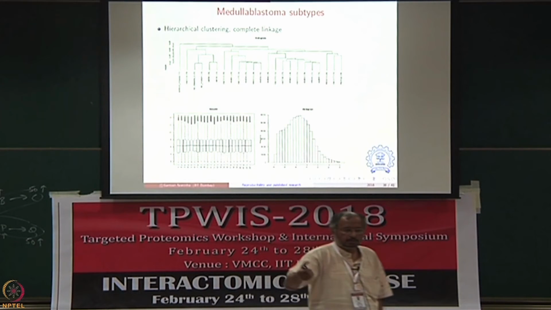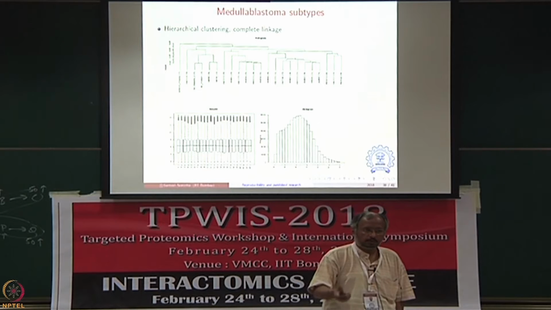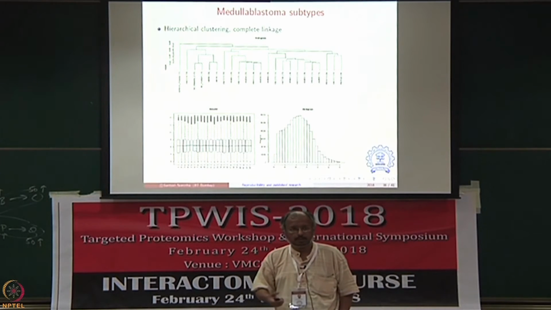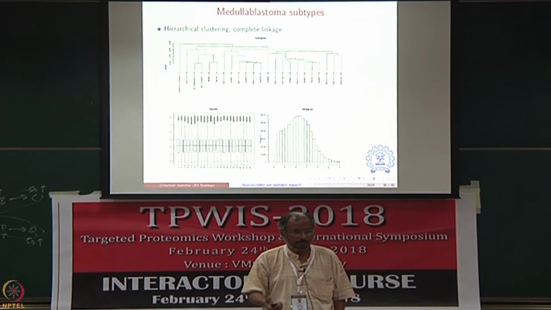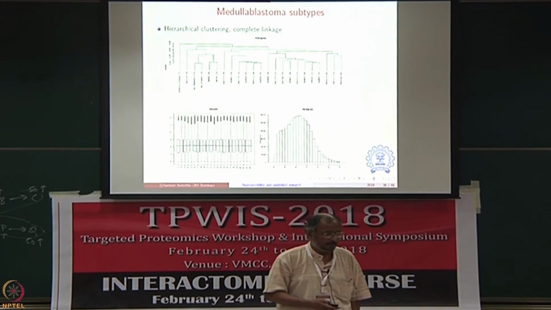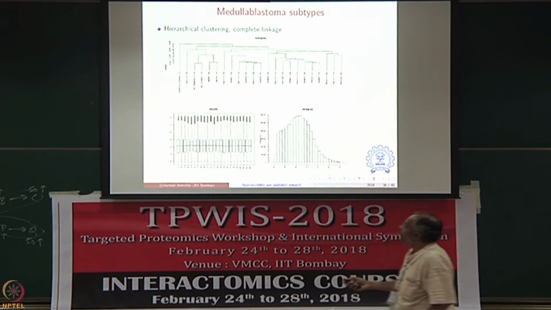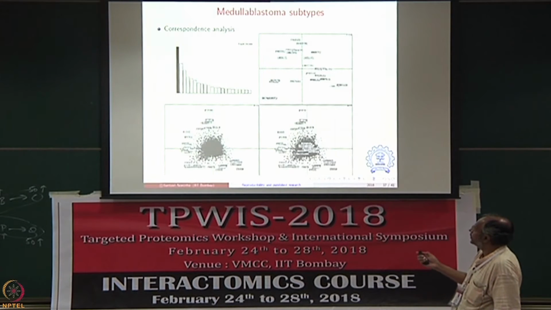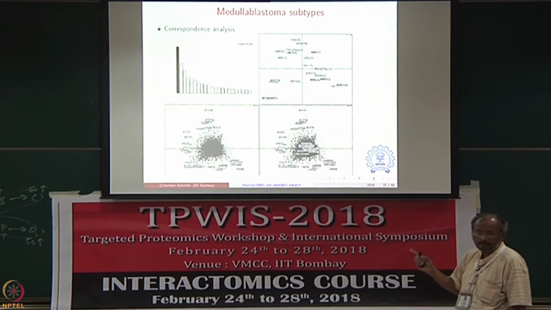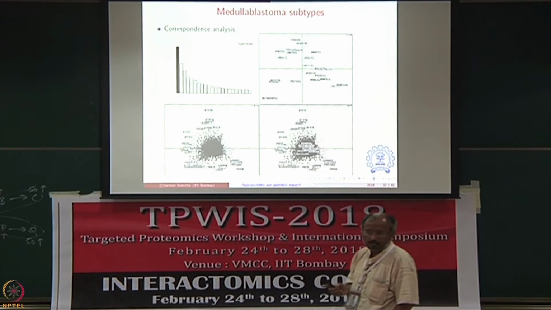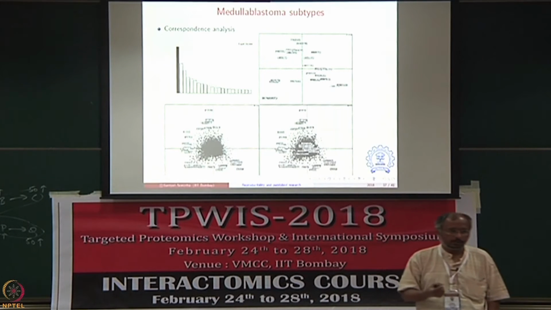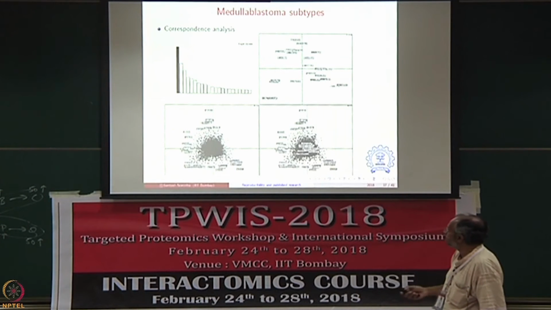And then later on you ask the question, what could be causing, or what is the signature for that subgroup? Which genes are signatures for each subgroup? But the question as to how many subgroups exist in the first place is itself an open question. Okay. So if I were to do hierarchical clustering, I'll find this kind of analysis. If I were to use something called correspondence analysis, that same data is plotted. It's literally the same spreadsheet, but it's being plotted different ways. And I want you to appreciate that there is no one perfect way to do this, which is why a better analysis is to try different ways.